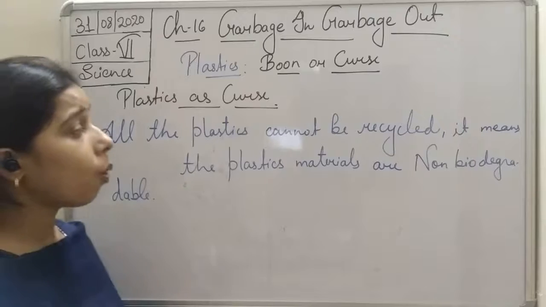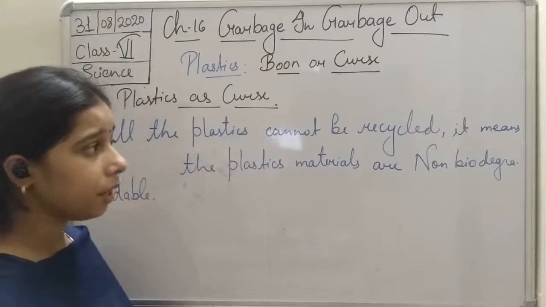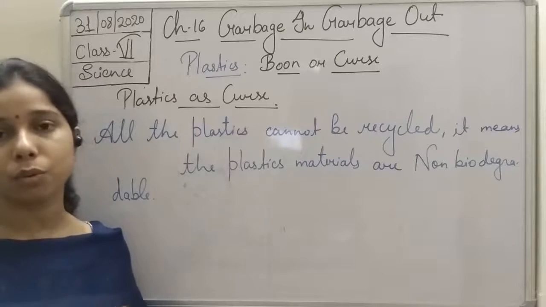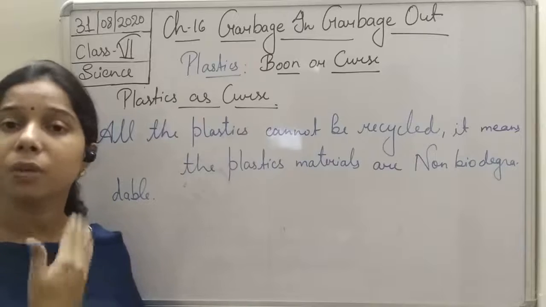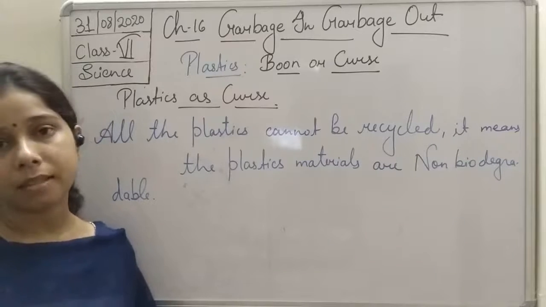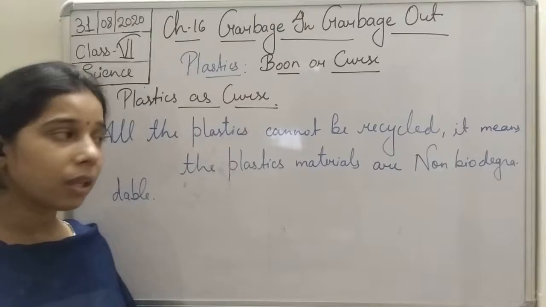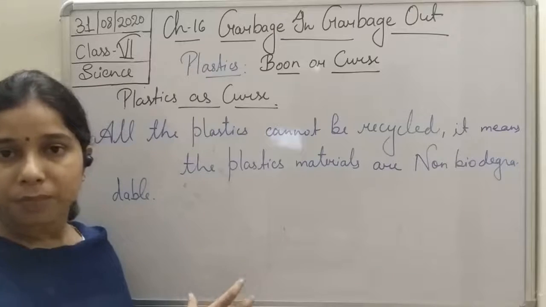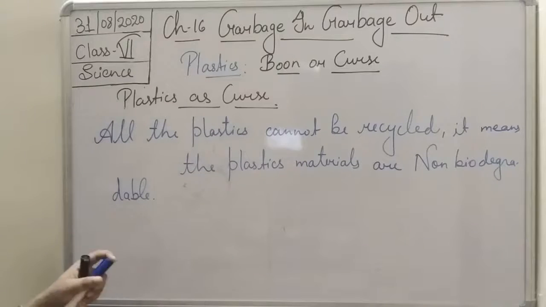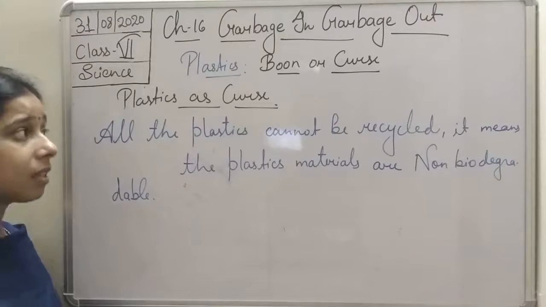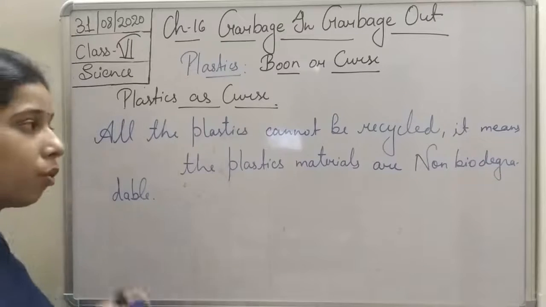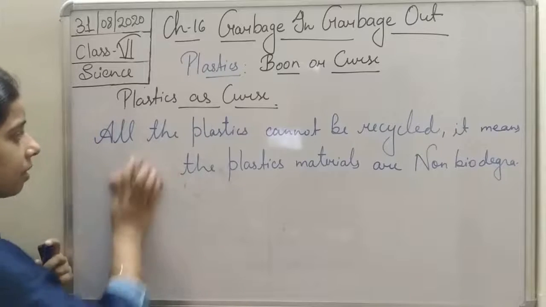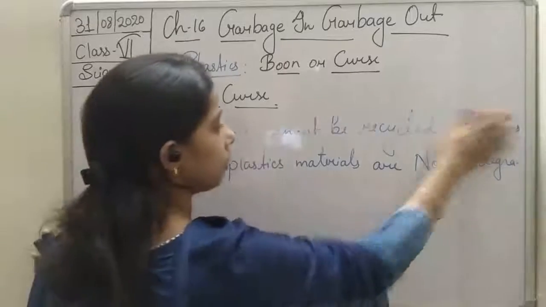So you see here, students, all the plastic cannot be recycled. What does that mean? That the plastic materials are non-biodegradable. So only a small amount of plastic can be recycled, and most of the plastic cannot be recycled, and you know that they are non-biodegradable. It means they cannot be converted into compost. So what are the different things by which we can say that plastic becomes a curse for us? It cannot be recycled, it is non-biodegradable. So the first thing that came is the